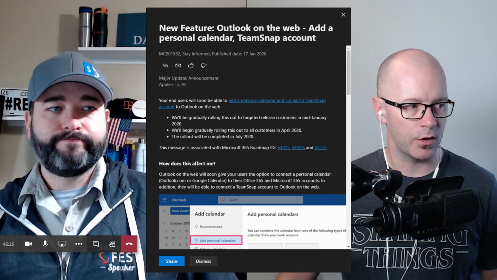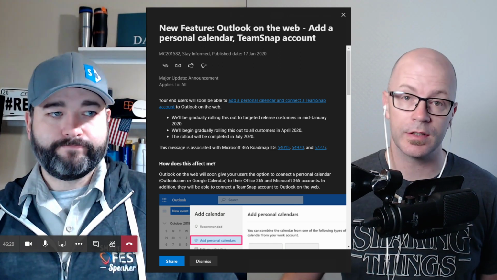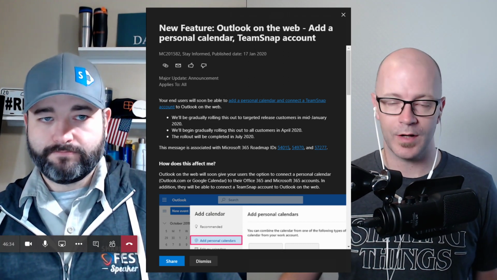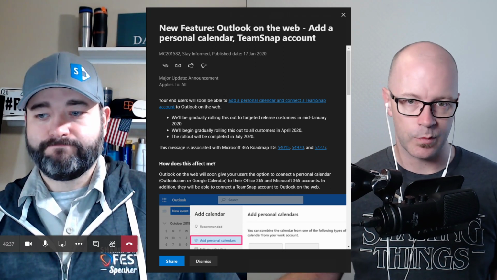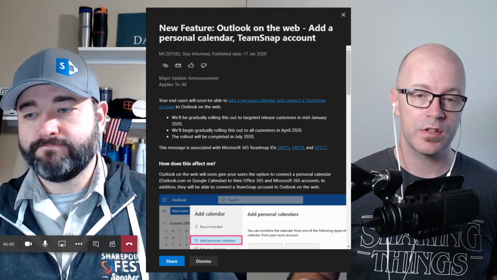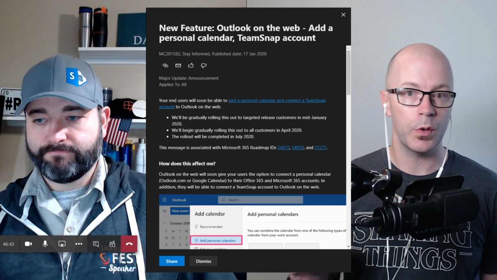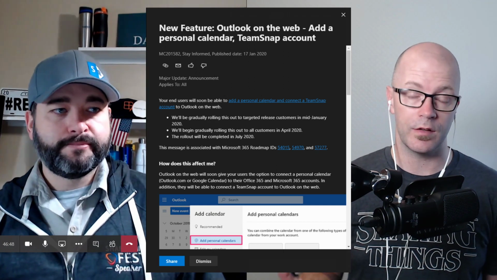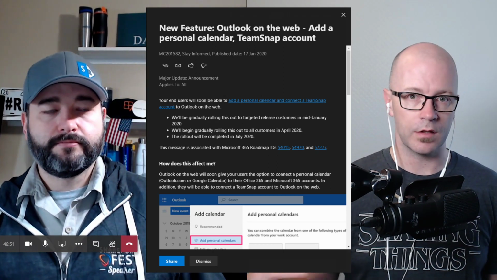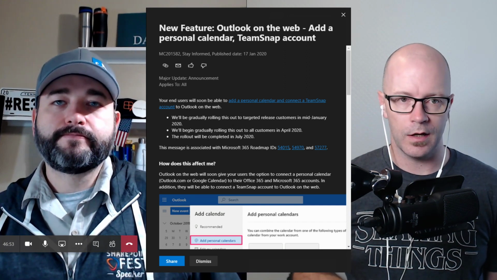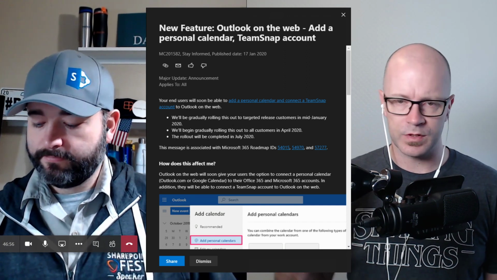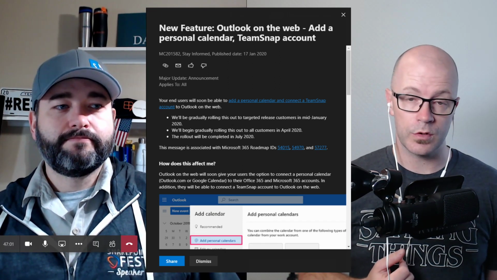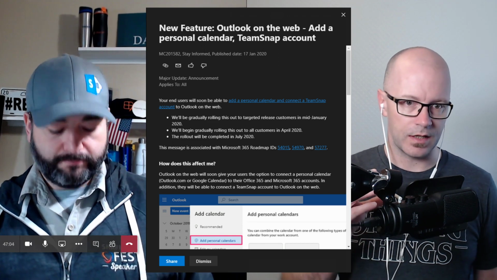Next one, new feature, Outlook on the web. You'll be able to add a personal calendar for starters, or TeamSnap account. This is MC201582. We've seen capabilities within Outlook in the past to be able to connect to your personal mailboxes. I remember it was a few years back being able to sign into a Google account and get into Gmail, and effectively it was working like a POP account, I think it was, or IMAP, so bringing that content in. So this will allow you to connect to a personal calendar,